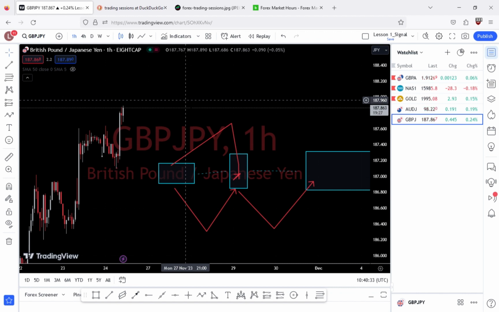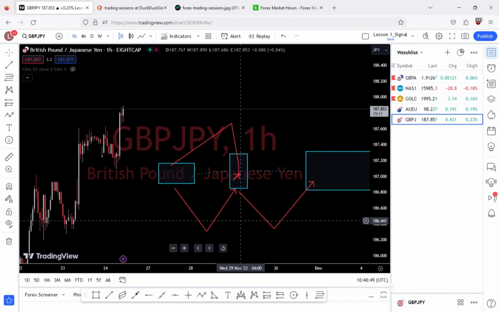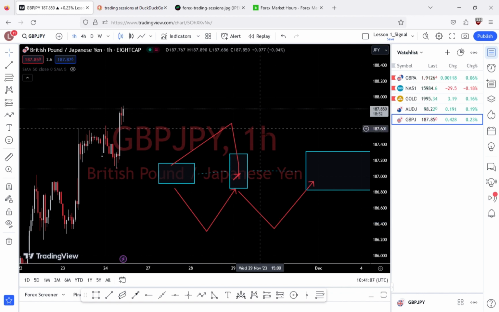Okay, going back to the broker. How you choose a broker will depend on how much capital you have for trading. If you have small capital, you'll research and look for a broker who will accommodate your needs, who will let you open micro lots instead of major lots, and small entries. You'll be able to open trades with a small account. These are called micro accounts. So that's what you'll be looking for.